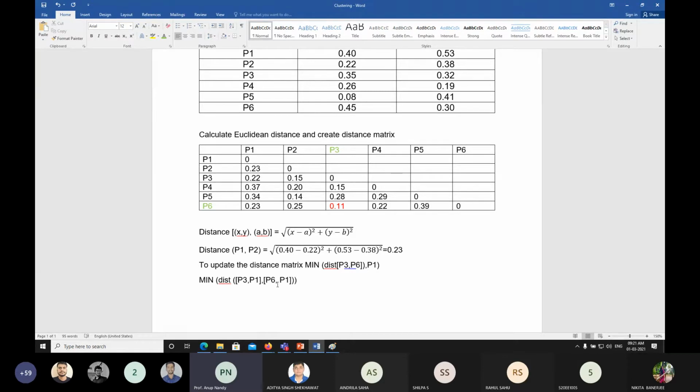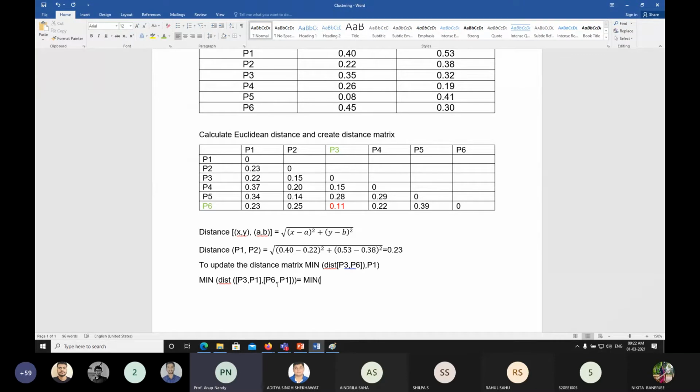Okay. Now, can anyone tell me the answer? Mean of, what should I write? Because now P3, P6 will be only 1 point, 1 cluster. As you can see in the first matrix that you have already found. Now I need to update this distance matrix. To update the distance matrix, you need to cluster only those points which are closest to each other. That is your job. So that is why we use this formula.